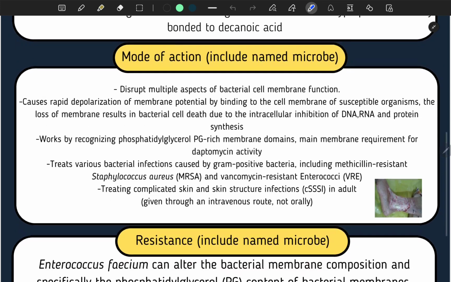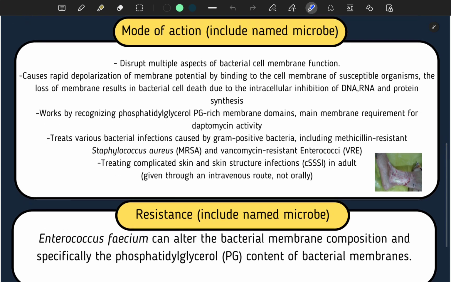So just now I mentioned that the daptomycin works by binding to the cell membrane of susceptible organisms. By susceptible organism, I mean that the daptomycin actually recognizes a thing called PG-rich membrane domain that is on the surface, and this membrane is actually required for the daptomycin activity. So if an organism has PG-rich membrane domain, the bacteria is considered susceptible to daptomycin, and this daptomycin is used